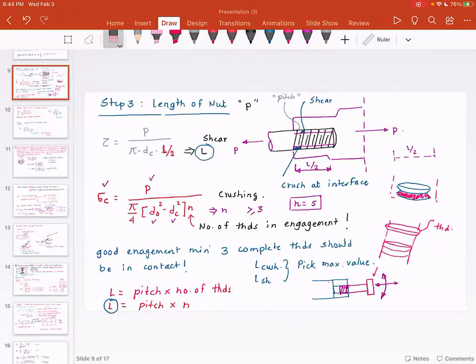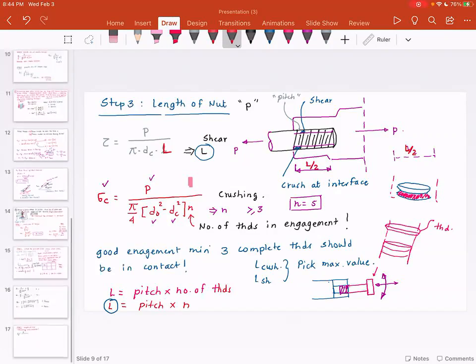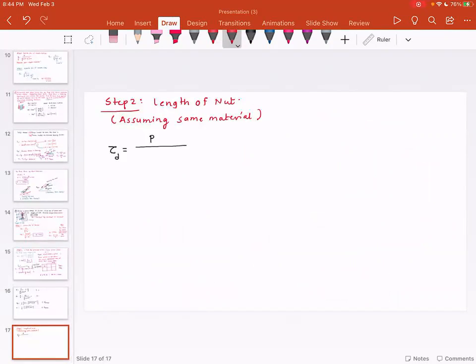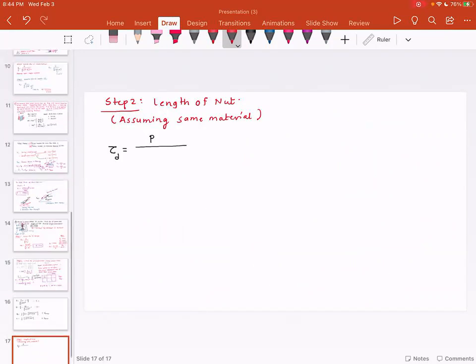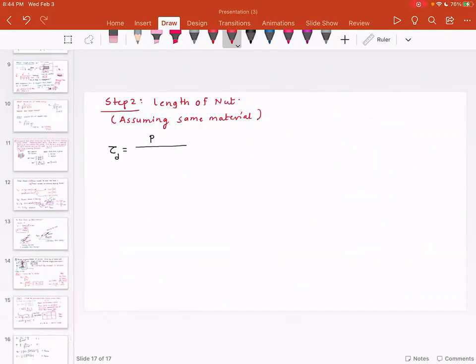So actually there is something I want to clarify. This is actually L. This is not L by 2. Please note to correct this. This is L, but L by 2 is half of the total L is here and the other half is over here. So the value that you get is directly L. So please make that correction. So you will have from the equation of turnbuckle, we already found out that we have